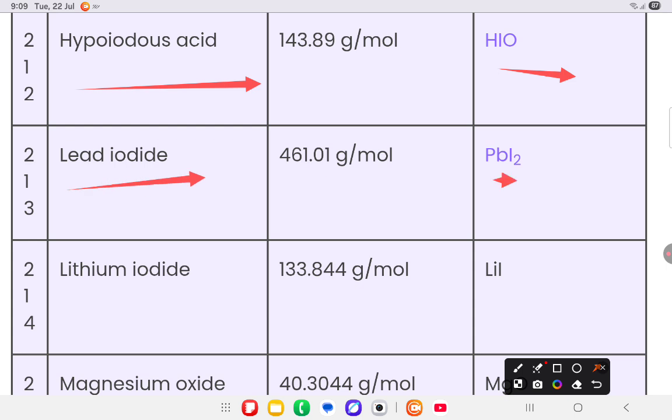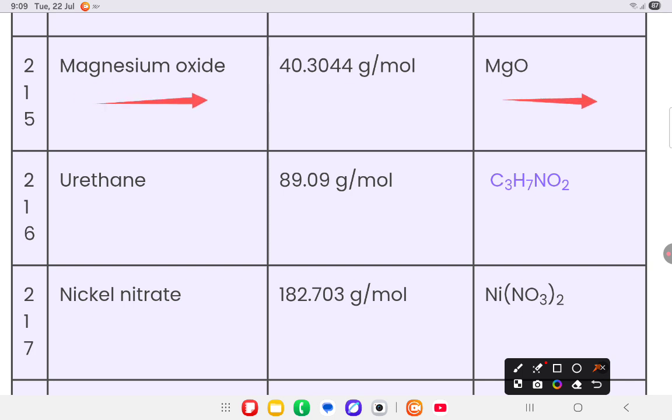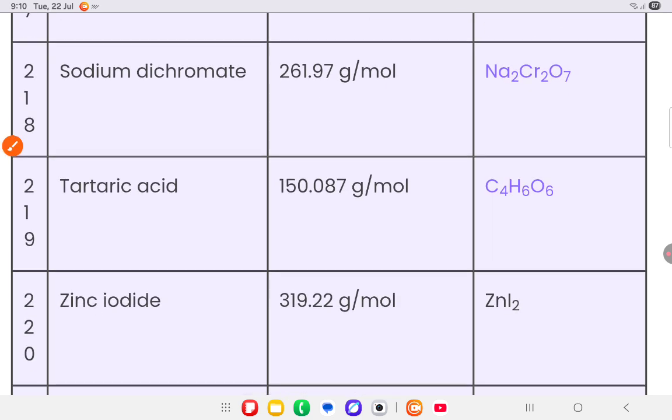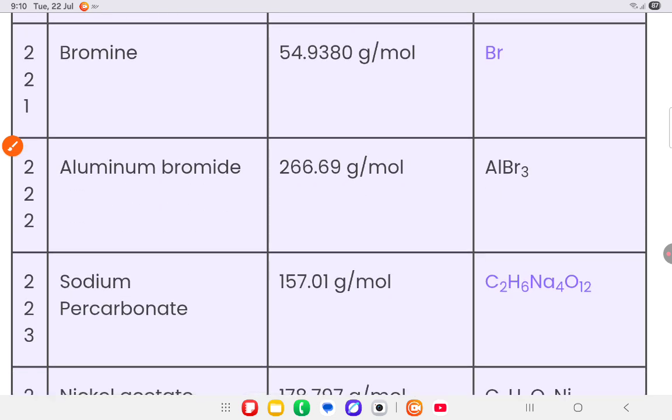lead iodide PbI2, lithium iodide LiI, magnesium oxide that is MgO, urethane that is C3H7NO2, nickel nitrate that is Ni(NO3)2, sodium dichromate that is Na2Cr2O7, tartaric acid. Okay, C4H6O6, zinc iodide that is ZnI2, bromine that is Br,